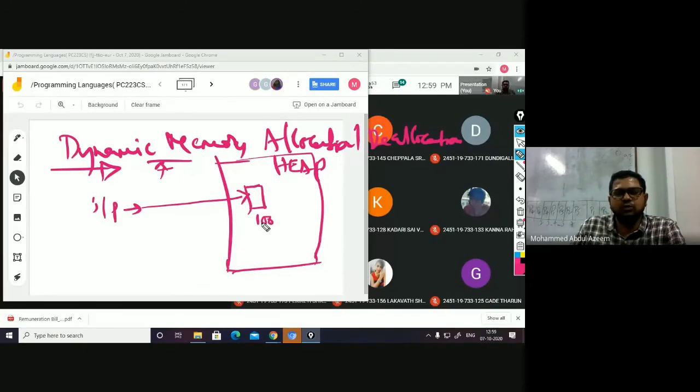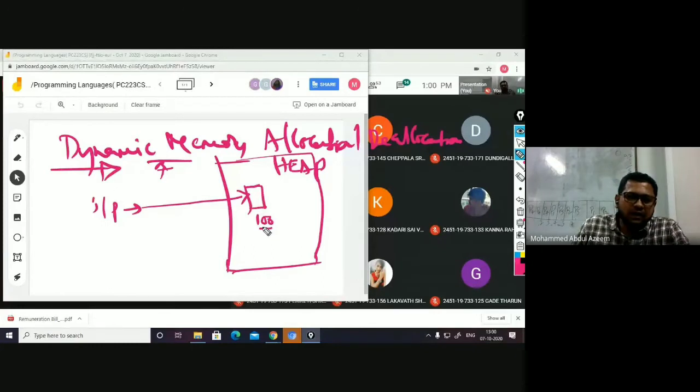For example, if you say you are the owner of a plot, how do you prove that you are the owner? The plot is available openly, accessible to everyone, right? You show the registration document. When you show the registration document, it proves that you are the owner of the particular plot. In similar fashion, I can claim to be the owner of this memory only when I have the address. It is something like a registration of a plot, right? So if I own this address, then I can say I own this memory.